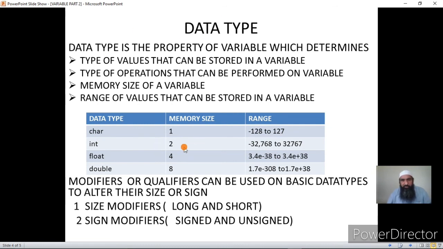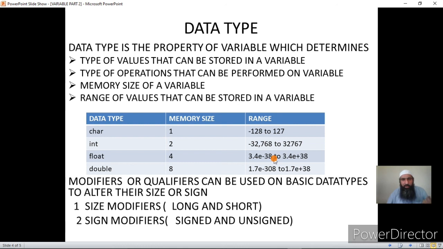That is, if I have an integer variable, it can only hold values from this range to this range. This is the negative range and this is the positive range. The same is true of float and the same is true of double. But float and double store numbers with or without the decimal point. Since the size of double is 8 bytes, it can hold larger values. It has a greater range. How do we determine this range? For that you will have to use the binary number system.